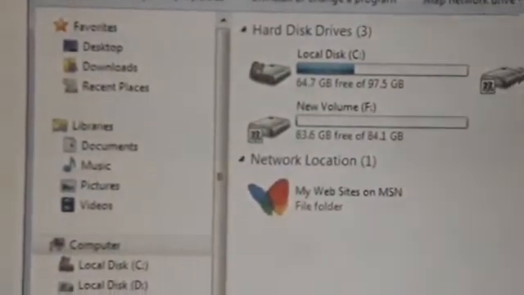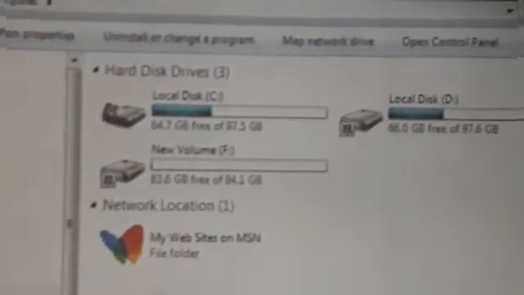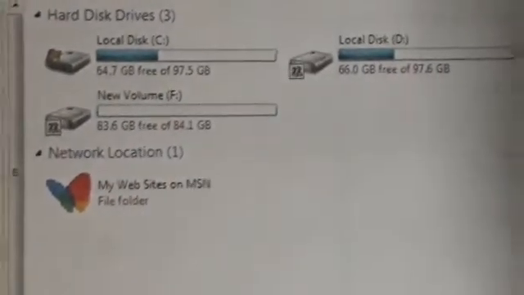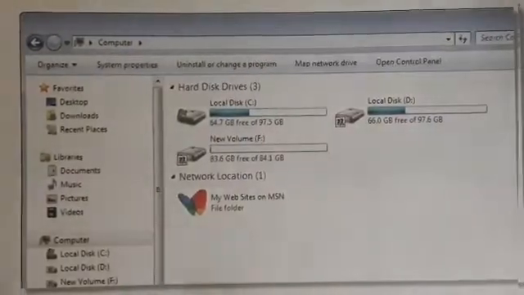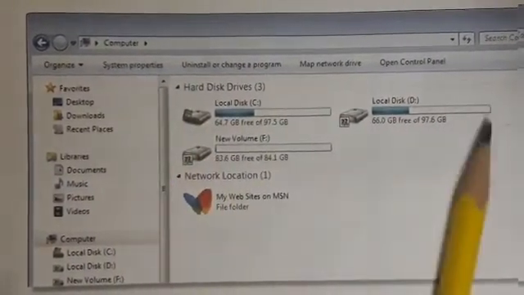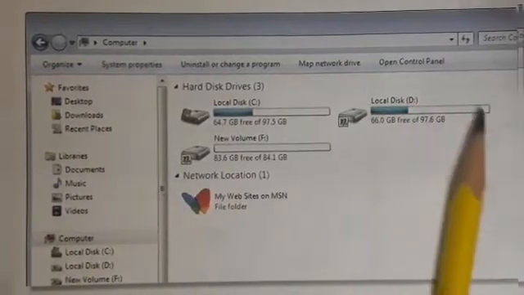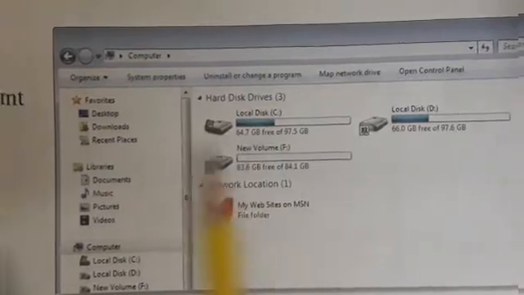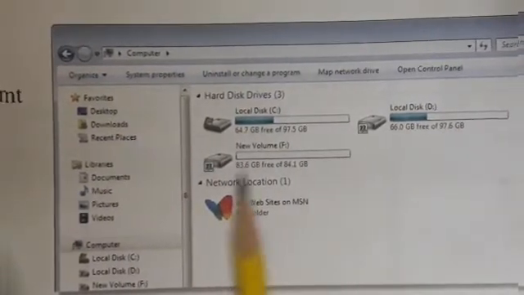When you click on the computer icon, you can see this image. These are drives.